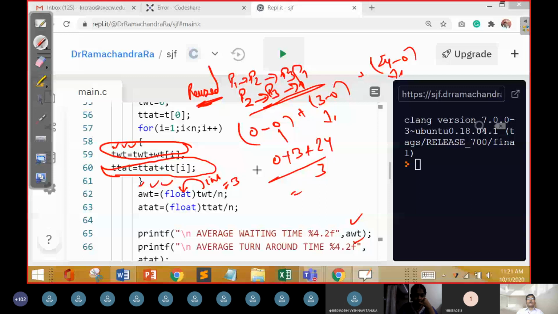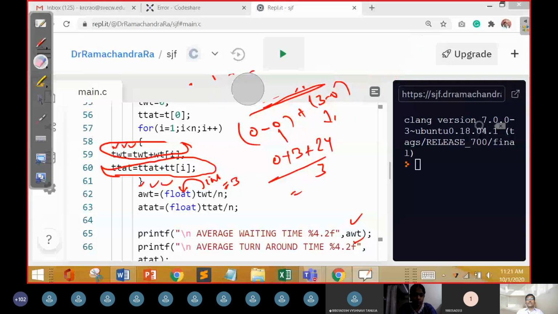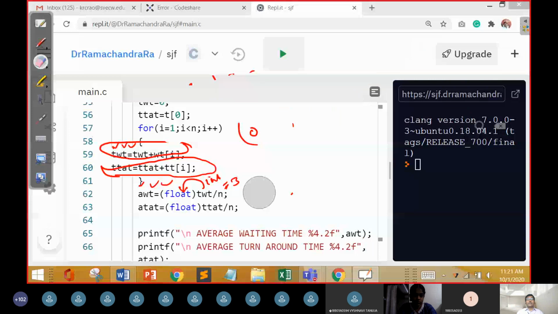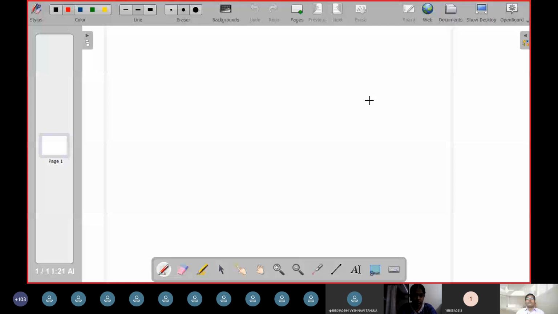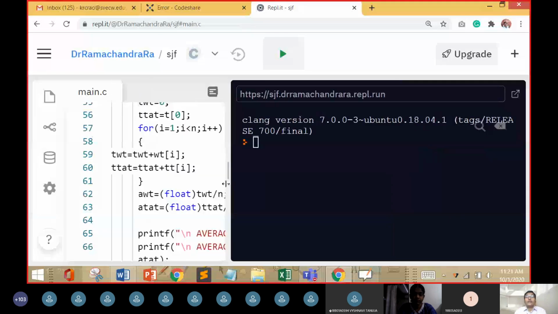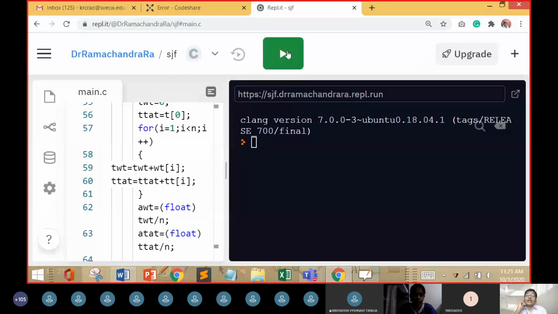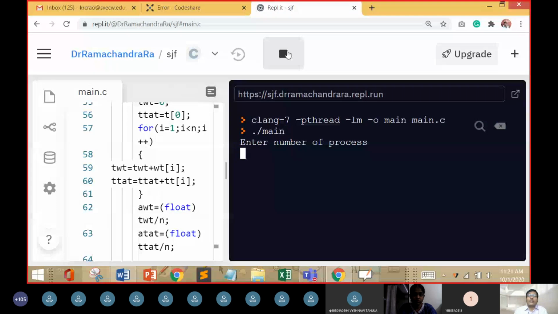So to compute this process, now we can make a run operation over this. Clicking on the run button here, I'm using this repl.it.